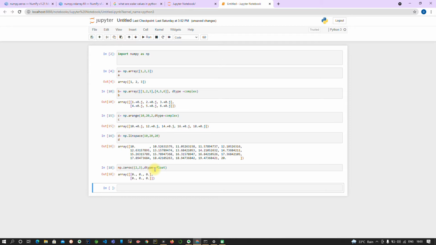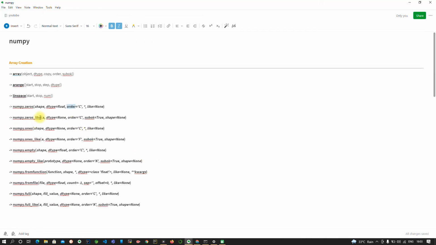Now, if zeros is there, then what is the use of zeros_like? As you can see, in zeros we give a shape, but in zeros_like we have to pass an array. Everything else, including the order, is the same, but you need to pass an array.